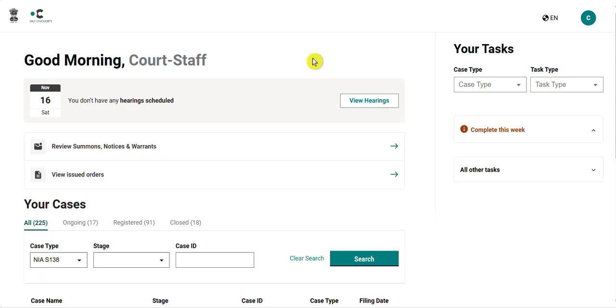The home screen is very similar to the judge's, with the same hearings tab and the same panel for your cases and pending tasks on the right. The major difference is that instead of access to the dashboard, as well as instead of access to the registers,